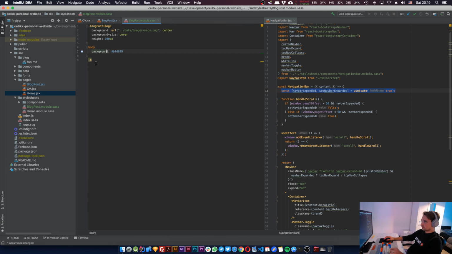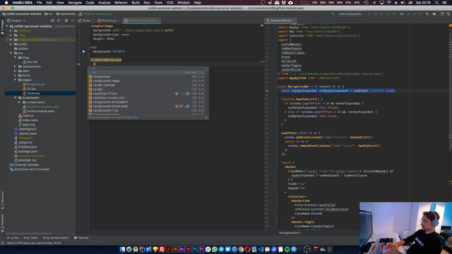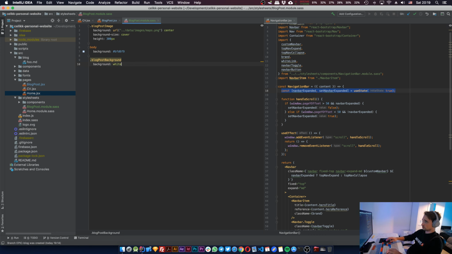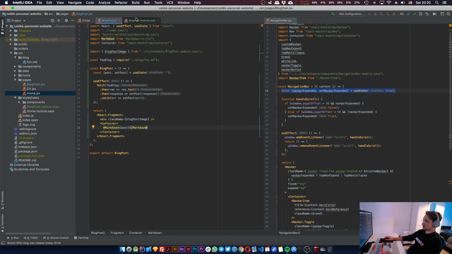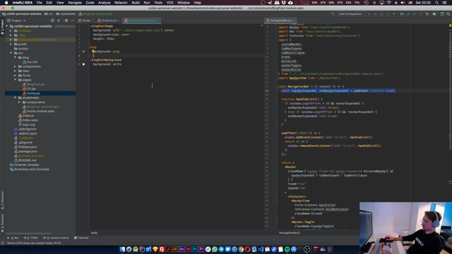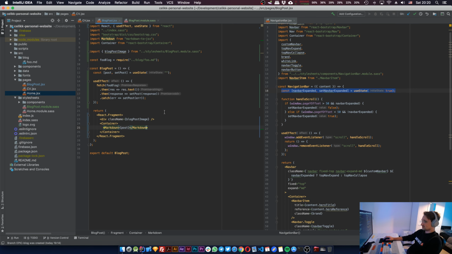Cool. And blog post background is going to be white. And this could be gray. Well, I know that using names is slower than using hex values, but I'm just prototyping right now. I'm going to refactor all of these. I'm never gonna put these into the master branch. Don't worry. Never say never, but